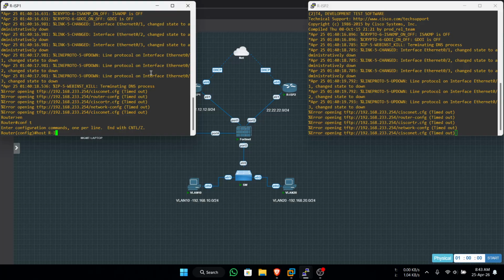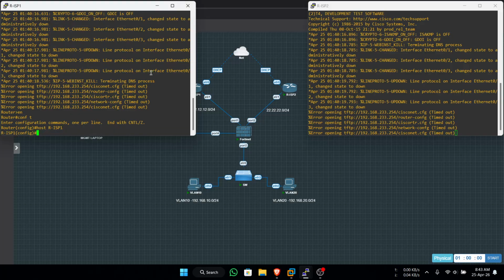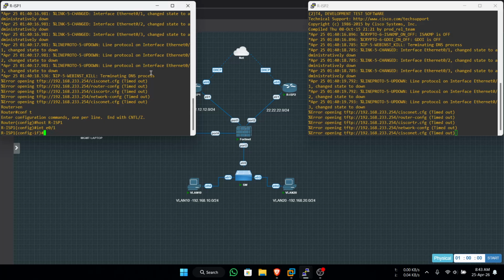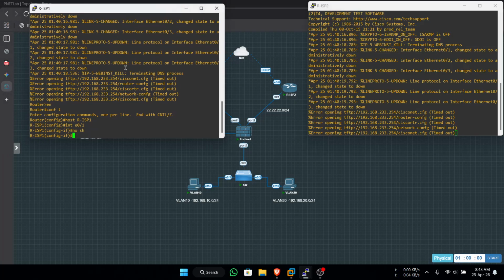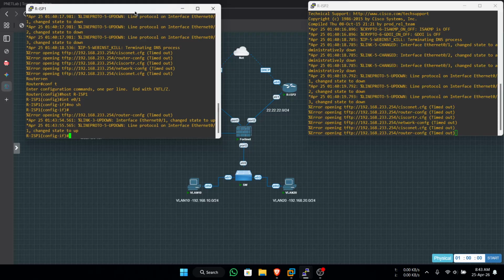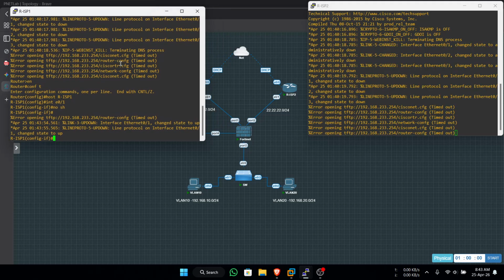Router ESP1, interface 0/1 is to the Fortinet. No shutdown. Then IP address 12.1 using /24.